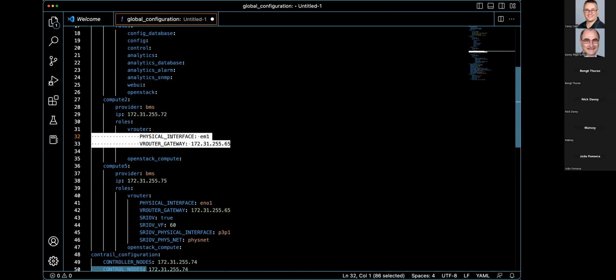This is a standard vRouter config. So you give vRouter the physical interface that it should bind to. So vRouter is going to take over the EM1 interface and turn it into vhost 0. And then you give it the gateway that vRouter should use as the default gateway for the subnet. The reason that we do this is if a compute node has multiple interfaces, say a management interface, an SRIOV interface, and then an underlay connected interface, this lets you say to the deployer which one it should use for